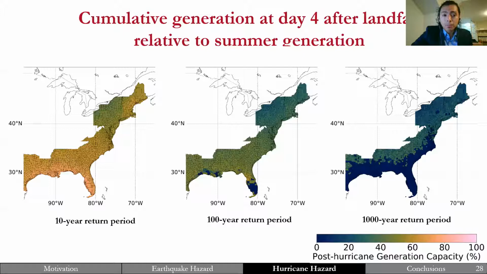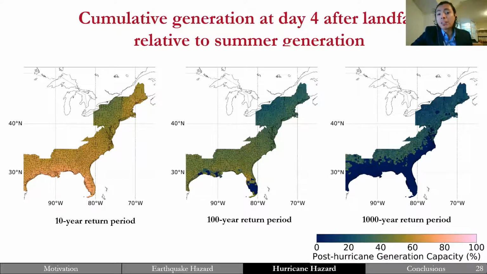And this is just a 10-year return period, and this is mostly driven by the cloud conditions that go along with a hurricane. Then when you move to the 100-year return period, you start seeing larger reduction in generation, up to 40%, and you can start seeing some very blue regions in Florida. And this is due to solar panel failure. Winds are already high, causing some failures in the solar panels.